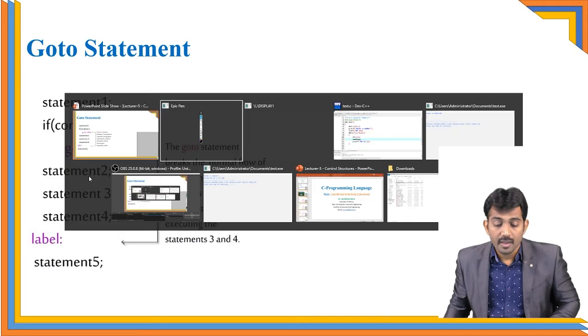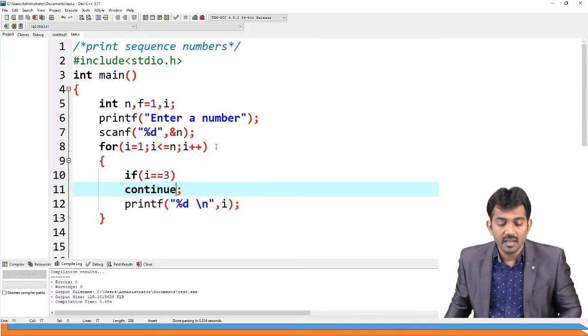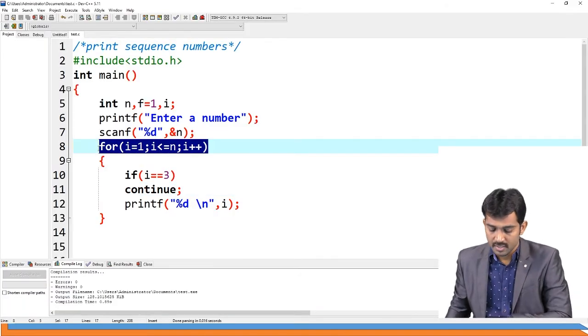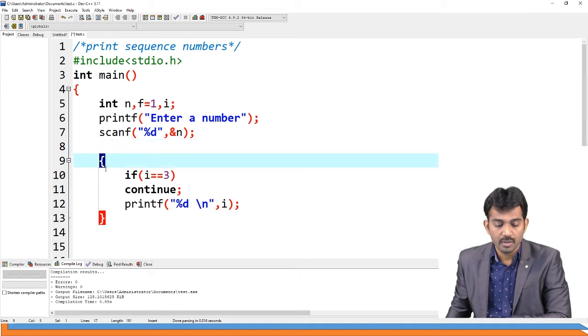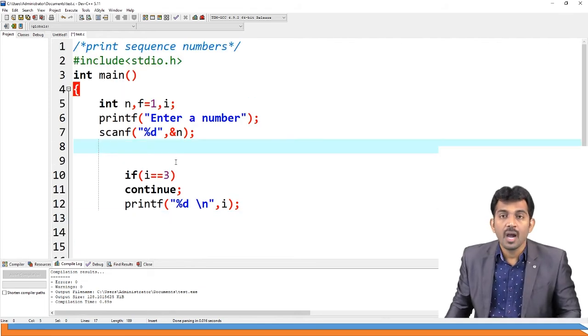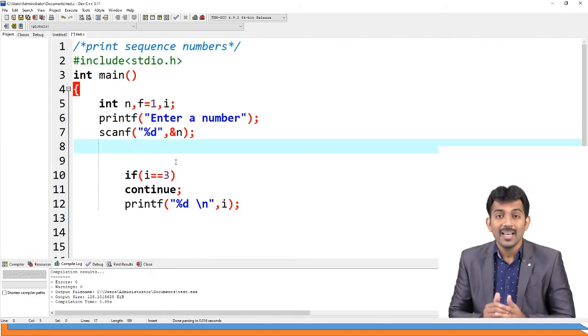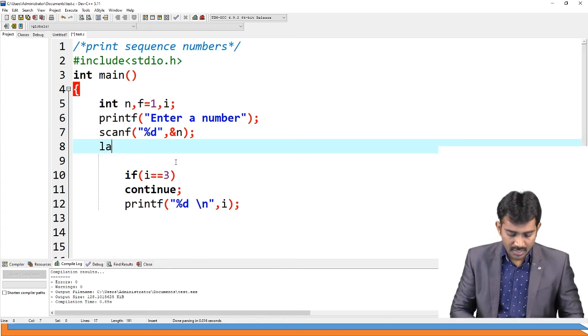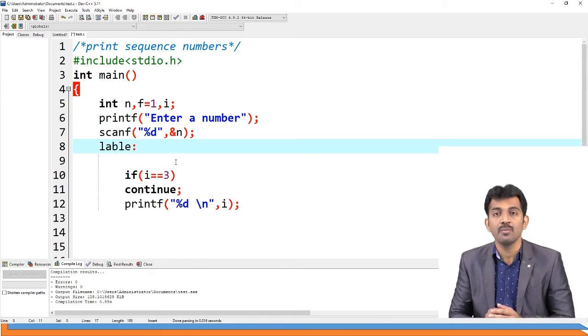See, here I used a loop, right? Instead of the loop, I'm going to use a label, L-A-B-E-L.